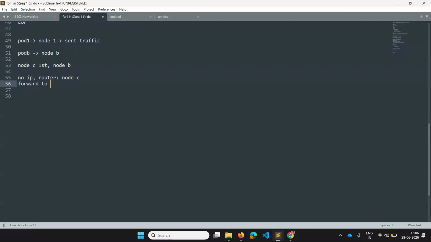But in the meanwhile it changes the request IP. So it just opens the cover and sees the box. Let's say I got a gift from someone and it has a wrapper from that particular person.